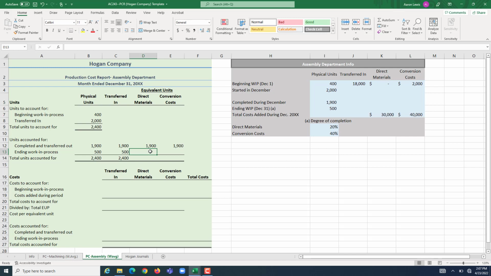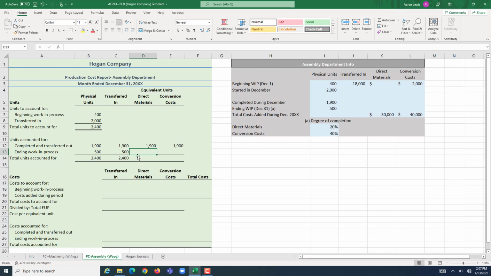For the direct materials and conversion costs unique to this assembly department, however, it doesn't have to be the same. We are going to figure out how complete these 500 units in ending WIP are for direct materials, how complete they are for conversion costs. And we're going to figure out, for that same amount of money and time, how many gonculators we could have fully assembled. Our information tells us that the gonculators, which are in ending WIP, are 20% complete for direct material